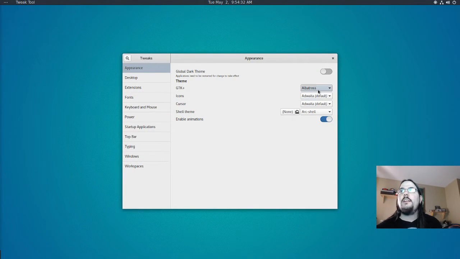I did a few things. I downloaded a GTK theme, and I didn't get any cursors or icons yet, but I downloaded the Arc Shell from GNOME Look,